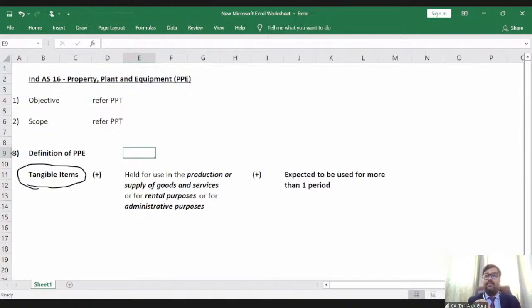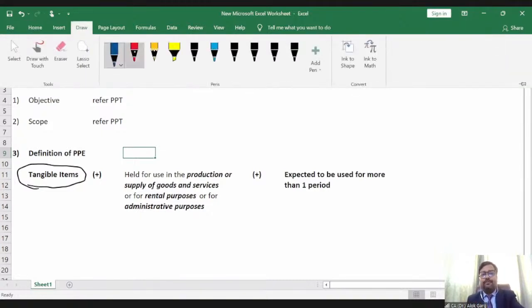Software. Can you see the software? You can feel the software, that yes, it is functioning, but you cannot see the software. So software is not a tangible item. It is an intangible item. Brand, copyright, trademark, intellectual property right, goodwill. Are these tangible items? These are intangible items, right? So first of all, to be covered under the definition of PPE, it should be a tangible item, right?